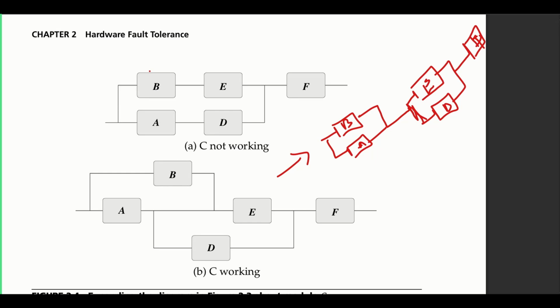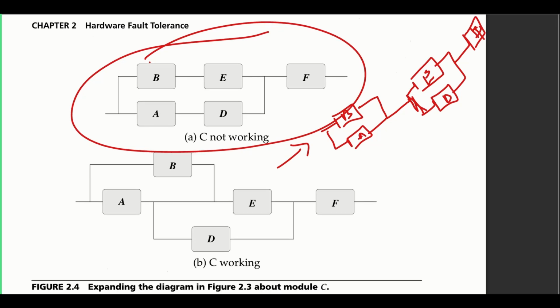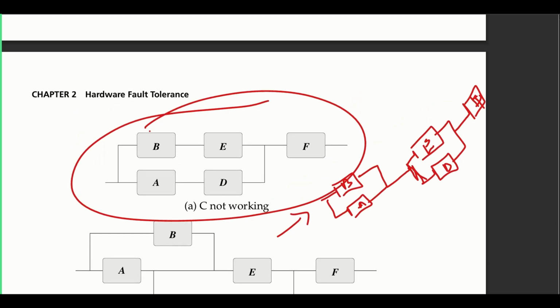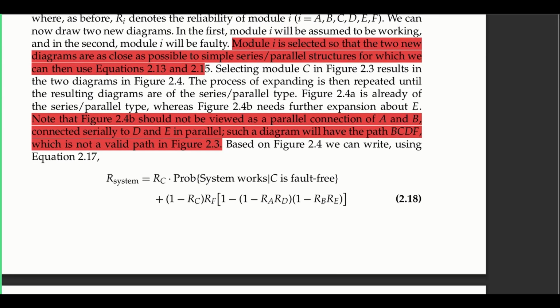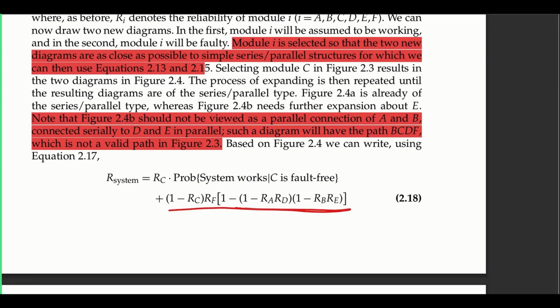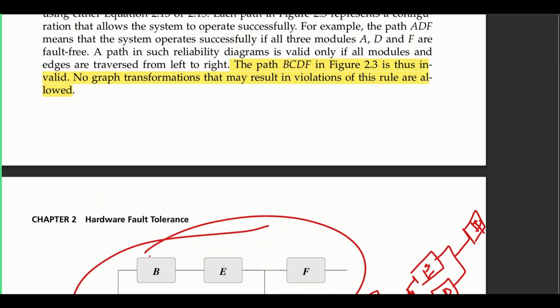So your only choice is to re-simplify the diagram again. Here for C not working, you have a simple diagram, which you have done, and you can find the reliability of this. They found the reliability of this as this expression, 1 minus C multiplying. Now when you find the reliability of the diagram here,